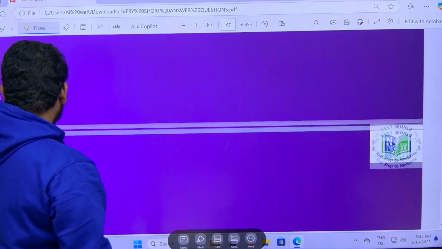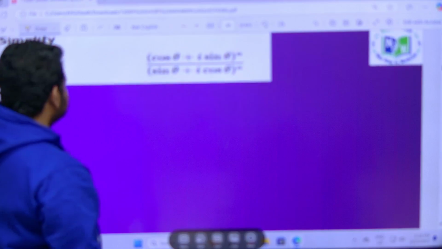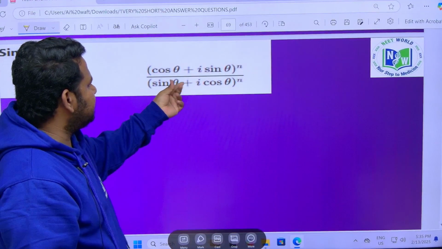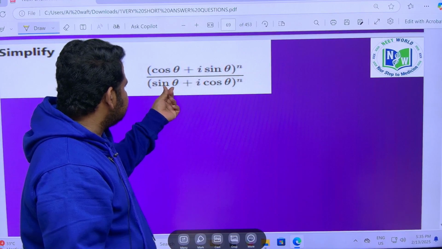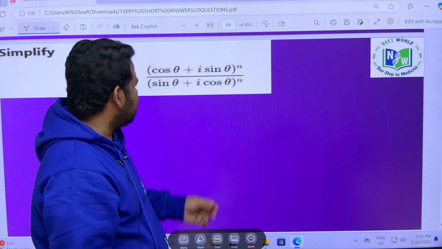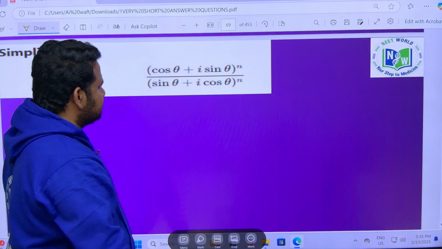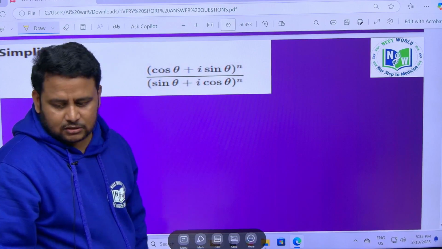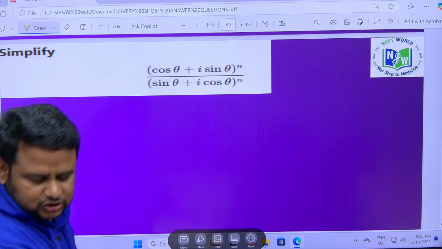So let us have a look at the first question, friends. The first question that is given is (cos theta plus i sin theta) to the power of n by (sin theta plus i cos theta) to the power of n. Simplify. I think some mistake is there in this question. Let us have a look. So the question should be